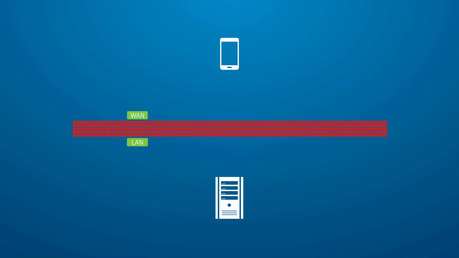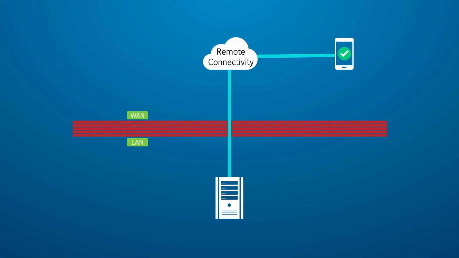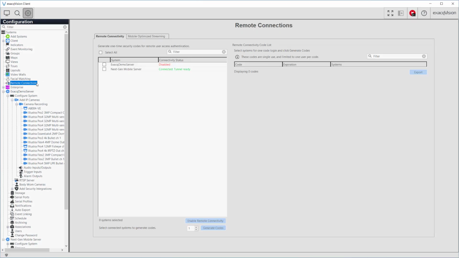However, when remote connections are enabled, the ExactVision software takes advantage of the fact that routers usually permit devices already inside the private network to initiate connections to outside services. This is what allows your web browser to load web pages without configuring port forwarding on your router. The ExactVision server establishes a secure connection to our remote connectivity agent. Users of the ExactVision mobile app connect to this remote connectivity agent, but don't need to know or enter the URL. The remote connectivity agent handles the secure passing of data between the ExactVision server and the user's app, using a unique access code to bind the user to the server.